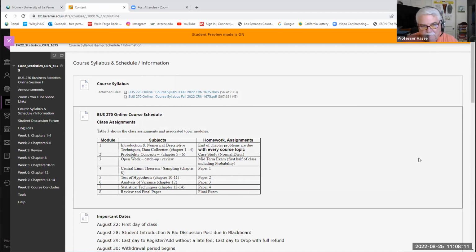Notice our first major grade is going to be next week in week 2, when I give you a case study. And again, it's not a paper. You will be doing papers, very small papers in this class, analyzing and interpreting data. But this is just a case study of sample problems talking about chapters 1 through 4. Samples are in the problems that I have given in the textbook or in the Blackboard in week 1, and I will be posting the solutions and talking about those problems in my follow-up video for this week number 1